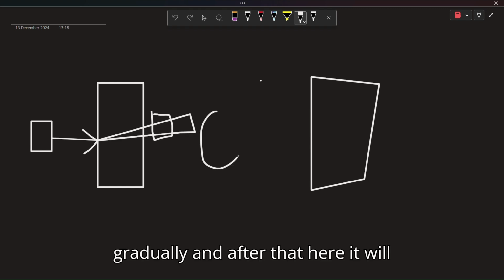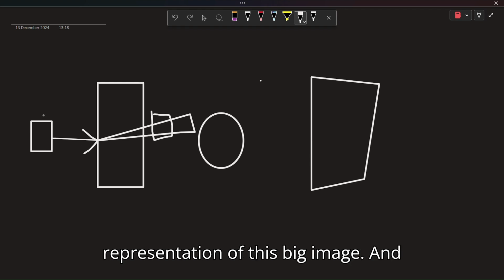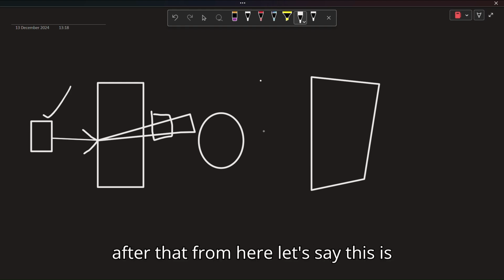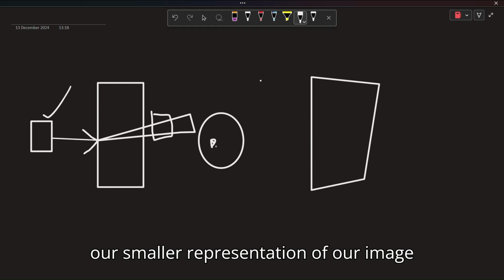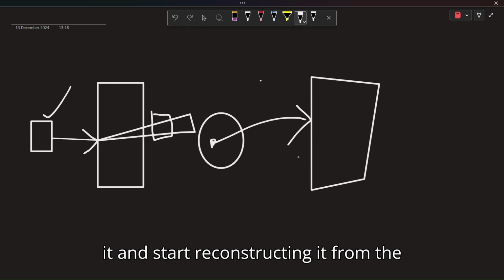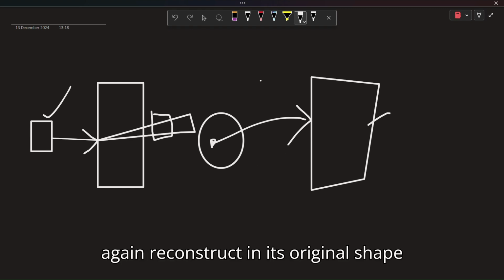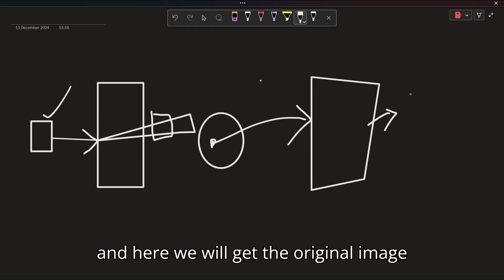After that, here it will form a latent space, or the smaller representation of this big image. From here, this decoder will take it and start reconstructing from the latent vector, and then it will reconstruct it to its original shape, and here we will get the original image back.